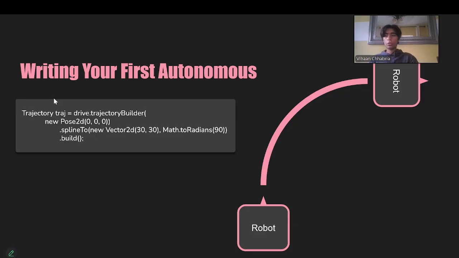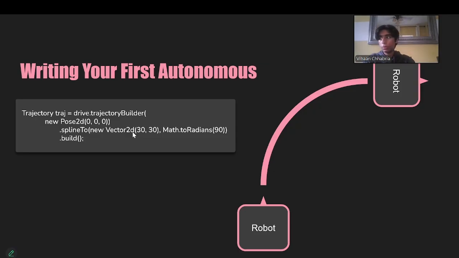What we'd do is define a trajectory, and we would have our drive object, and with that we'd do dot trajectory builder. What this allows us to do is first input our initial pose, and then we make a spline